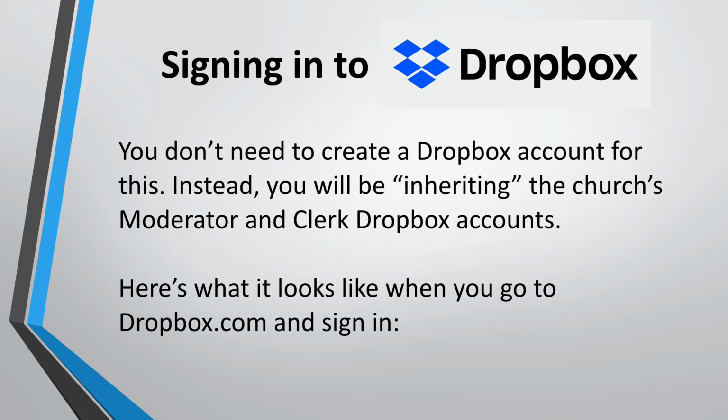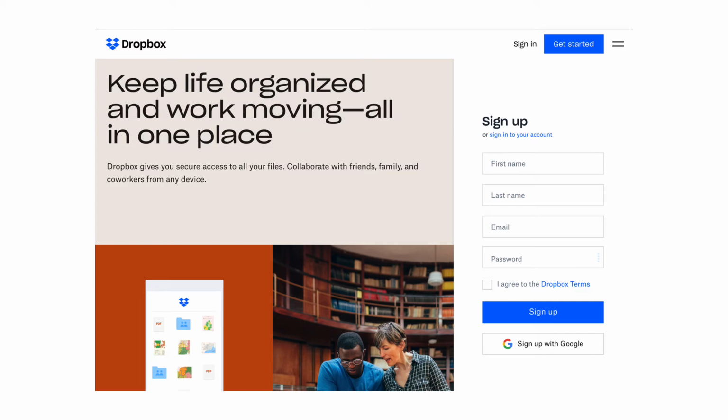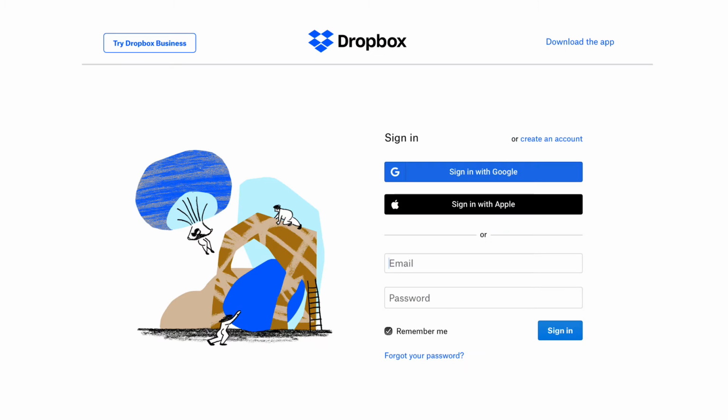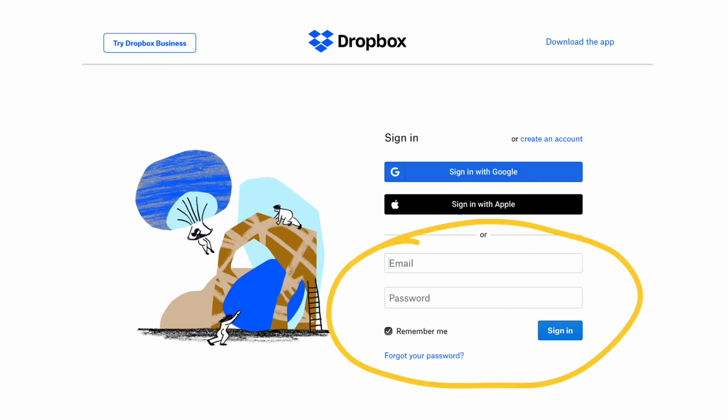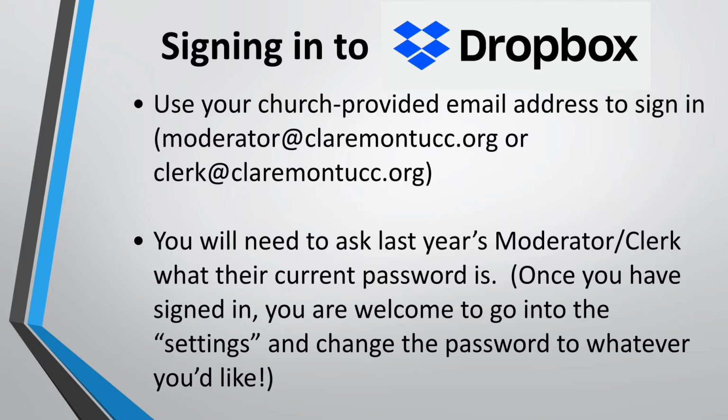Here's what it looks like when you visit Dropbox.com to sign in. The front page at Dropbox.com should look something like this. Up in the right-hand corner, click on the Sign In button. This will take you to the sign-in page, which looks something like this. This is where you'll be prompted to enter your email and password for your Dropbox account. You will need to use your church-provided email address to sign in. That's either moderator or clerk at